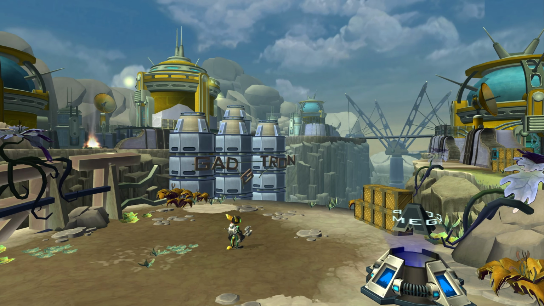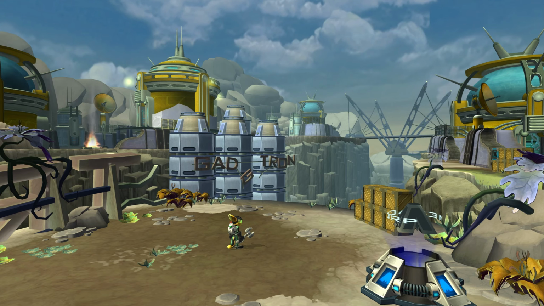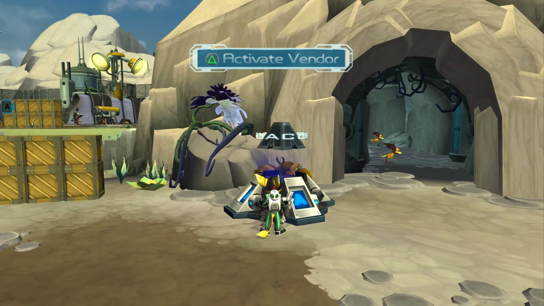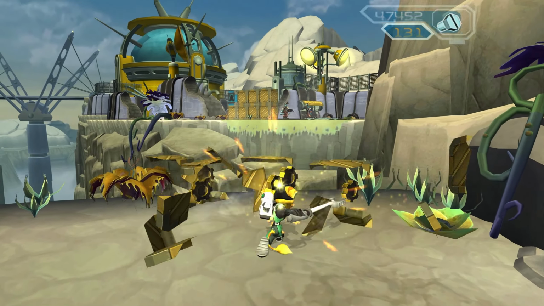Really cool opening shot to this level. You can see the Gadgetron logo sort of broken in the background there. So this is a planet that used to be run by Gadgetron, who was the main vendor in the first game. But obviously Megacorp, these guys over here, have sort of taken over being the main vendor in this area